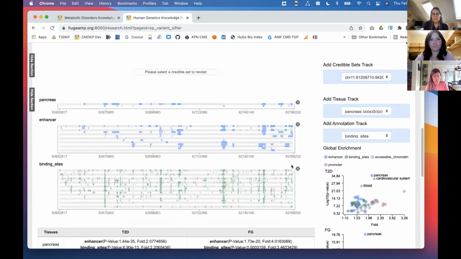And I do want to emphasize that we really want to work with you on this, and we'd like you to think about how you could use this and what types of features would make it more useful. And it would be great to just develop this in concert with the community. We'd like to know what else would make this interface even more useful. What features would you like to add?